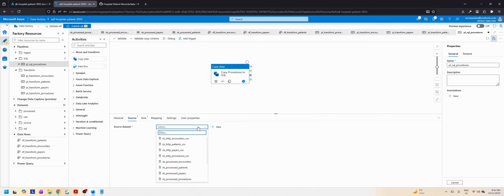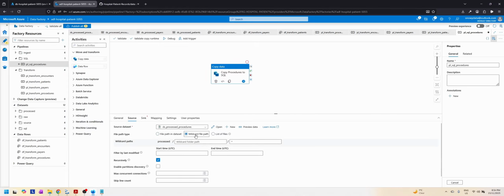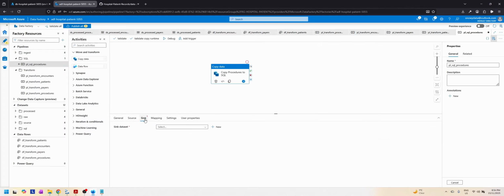The source this time is going to be our processed procedures. If you remember, this was a folder, not a file, so we're going to have to use a wildcard file path and then put a star over here, which it automatically comes with. So in the processed folder we have the procedures, and then we select all the files that are in there. So this is good. Sink, we need the